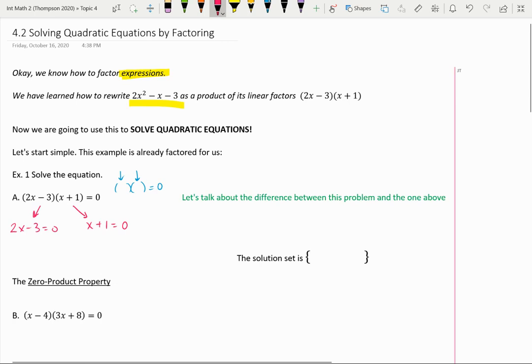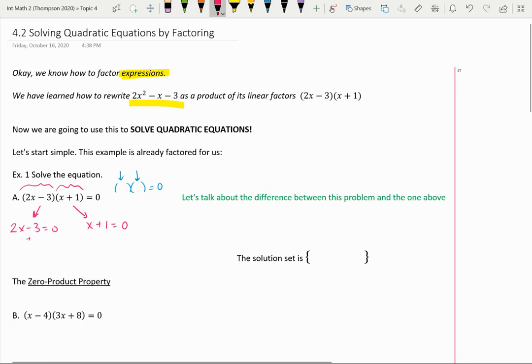Remember, this is taking the product, so I'm multiplying. Something times something equals 0. Again, the only way I can have that is if one or both of these factors are 0. So I can essentially take each factor, each piece, set it equal to 0, take the next piece, set it equal to 0. And then I'm going to solve these two mini equations. Okay, so